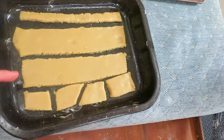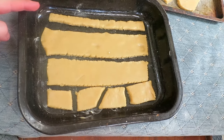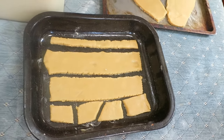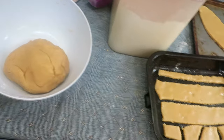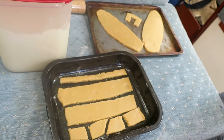These are supposed to be the sides. That's supposed to be the mast, which is not going to stay. That's definitely going to fall apart. And these are the windows, like in the pilot house. I've got loads of mixture left. I really should have maybe put more thought into this. I started off making it quite small because I was worried I would run out of gingerbread, but